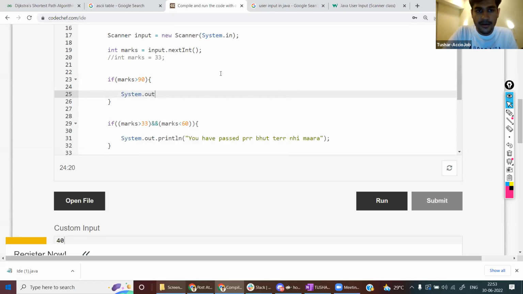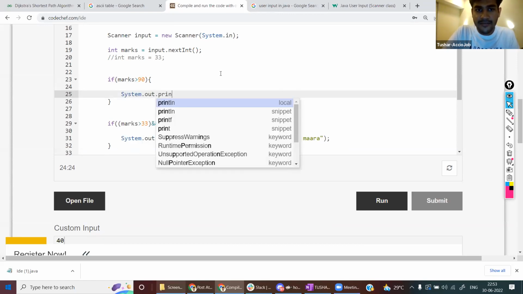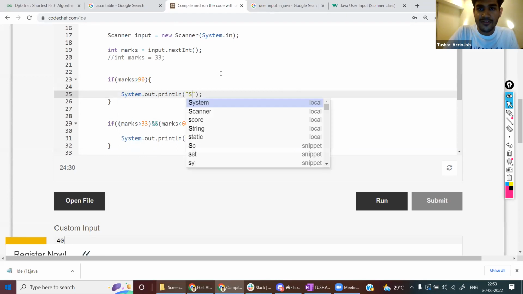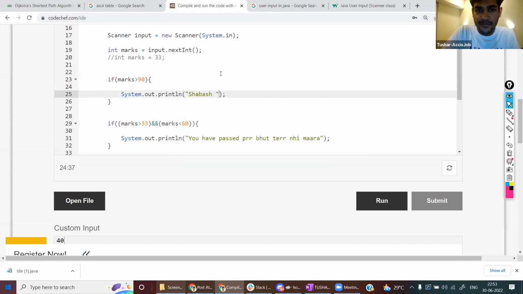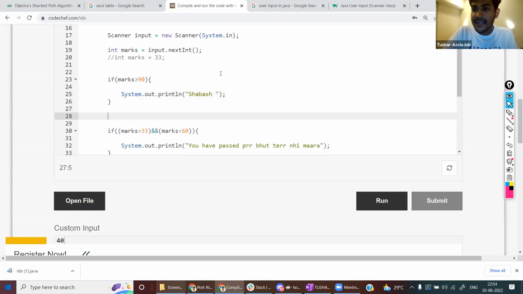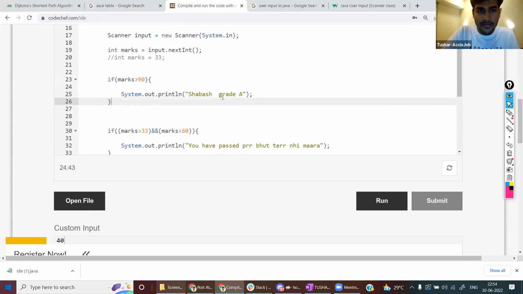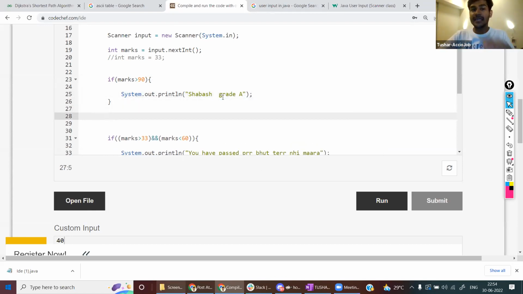And I think system.out.println. Then what should be the given? I think इसको तो शायद मार्क पढ़नी चाहिए. 90 कौन लेके आता है? But still चलो, शाबाश. Okay. अगर 90 नहीं आए, right, and given grade A, शाबाश, and plus grade A. Grade is A. Okay. But if the score is in the range 80 to 90, else if